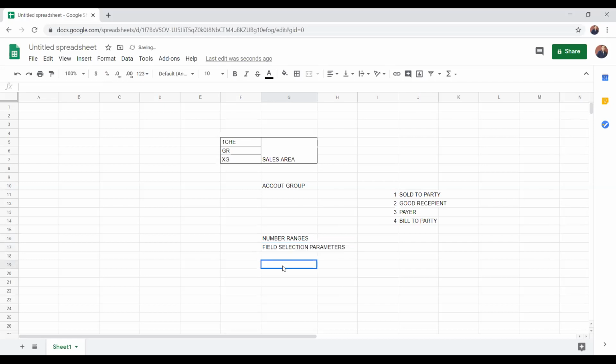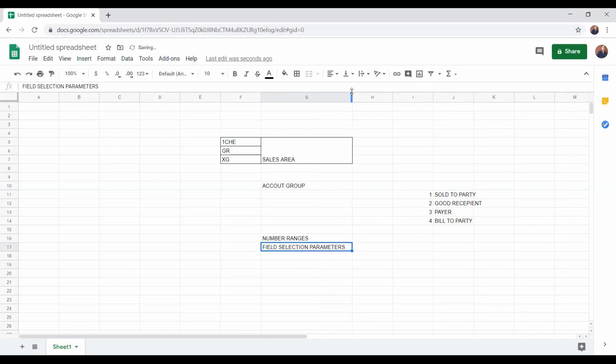What are field selection parameters? When you try to create a customer, you fill in the information in general data. In general data, what are you filling in? Address, for example: which region the customer belongs to, what his name is, which country he is from.